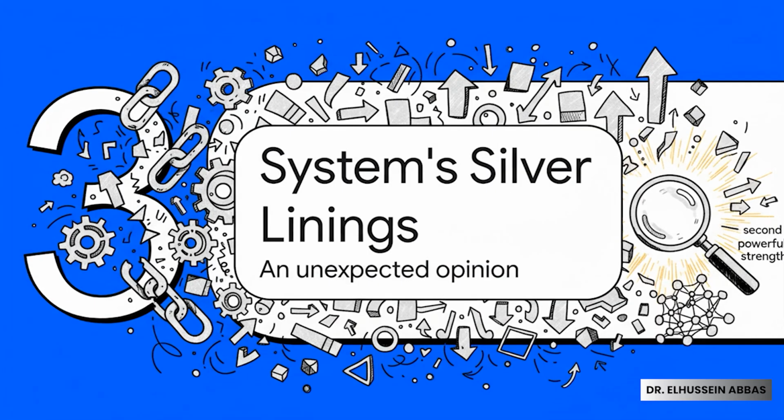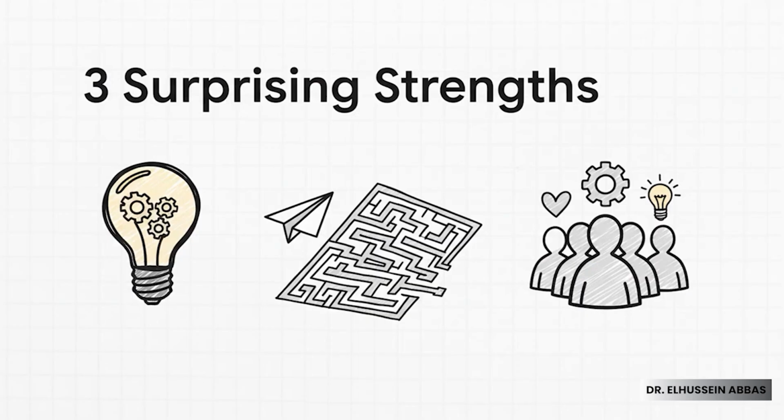All right, so it would be really easy to just look at all that and conclude this whole fragmented system is a total mess. But here's the twist. When you get a second opinion, you find that this chaotic, messy system actually has some surprising and really powerful strengths. And this is the part that's so surprising. The system's biggest weakness, the fact that it's so fragmented, is also a source of strength. It allows for incredible innovation because different groups can all try out new ideas. It gives it flexibility, since smaller organizations can adapt to local needs way faster. And it attracts this diverse, highly motivated workforce of innovators and entrepreneurs.